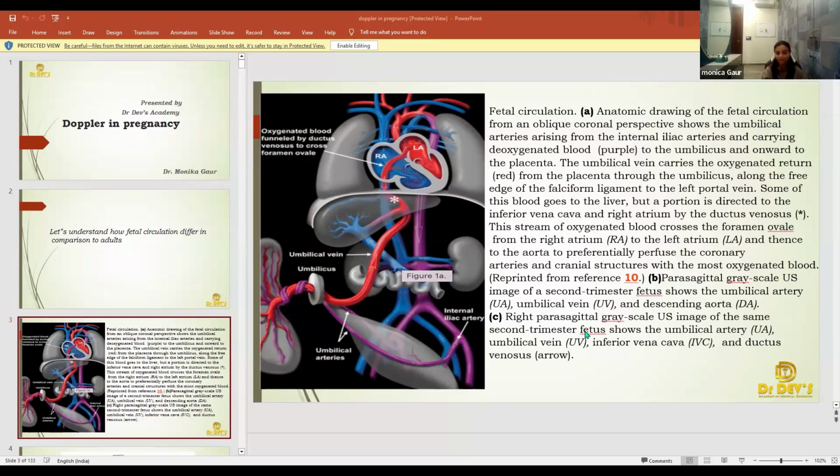Now these two shunts supply the oxygenated blood from the right chamber to the left chamber of the heart, and then again with the aorta, since the blood is already partially oxygenated, it goes to the other parts of the fetus and supplies the limbs and the lower part organs. All clear with the blood system, or should I repeat?